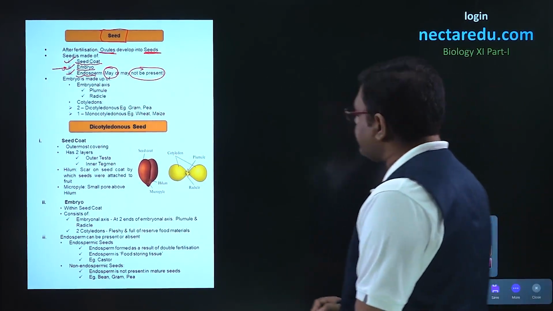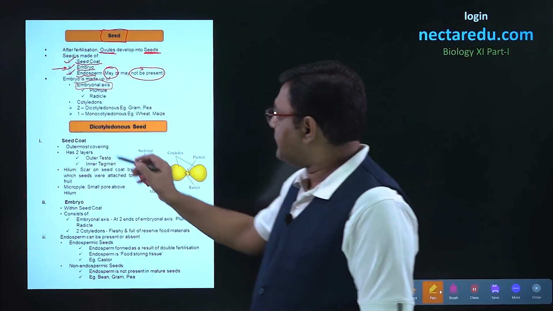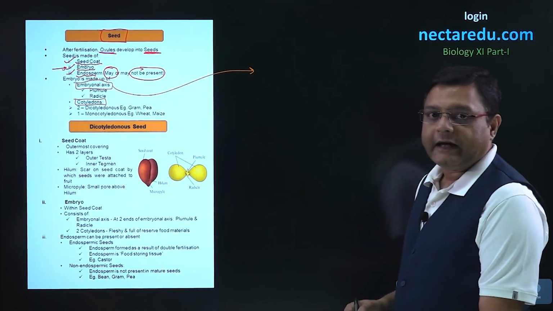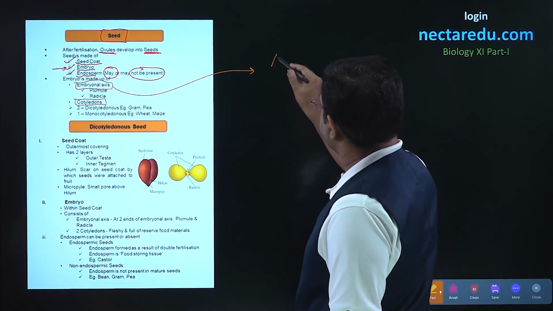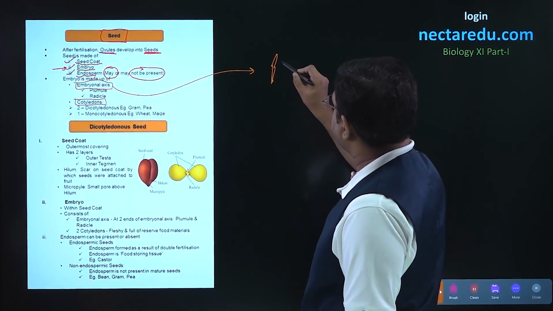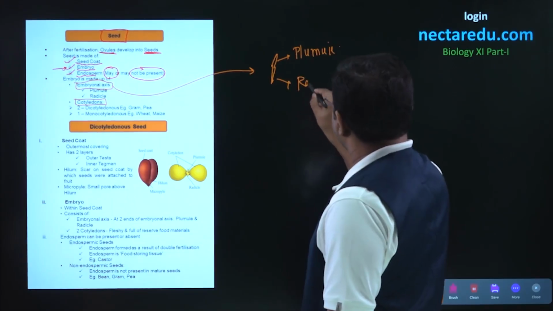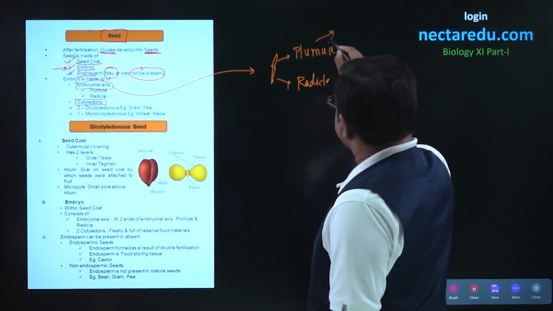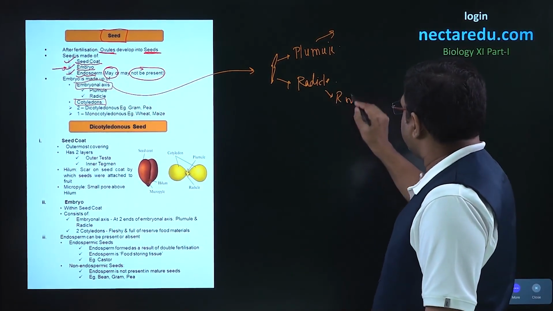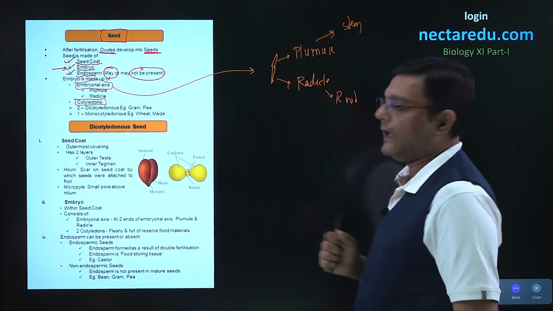The first part that is present inside embryo is called the embryonal axis. The second part is called the cotyledons. Now, if we talk of the embryonal axis, this is a rod-like structure, and this axis has two parts. The first part is called plumule and the second part is called radicle. This plumule part will convert into a stem, and this radicle part will convert into root. So, the first part of embryo is this embryonal axis.